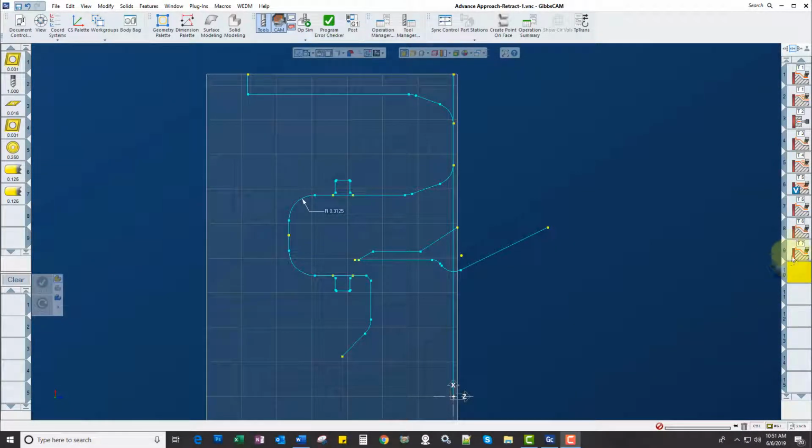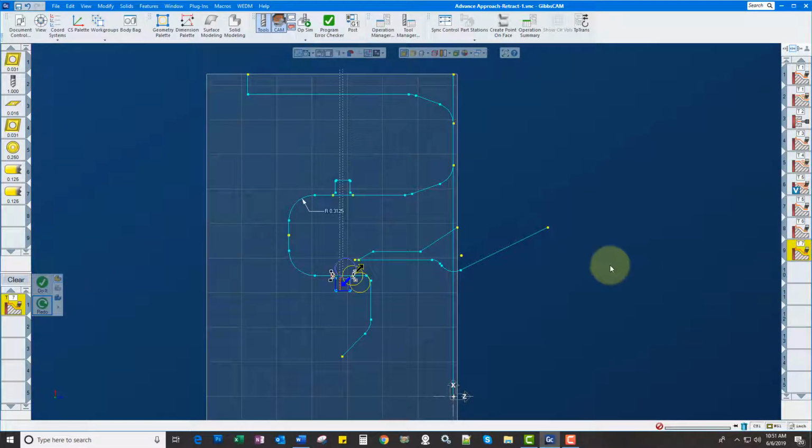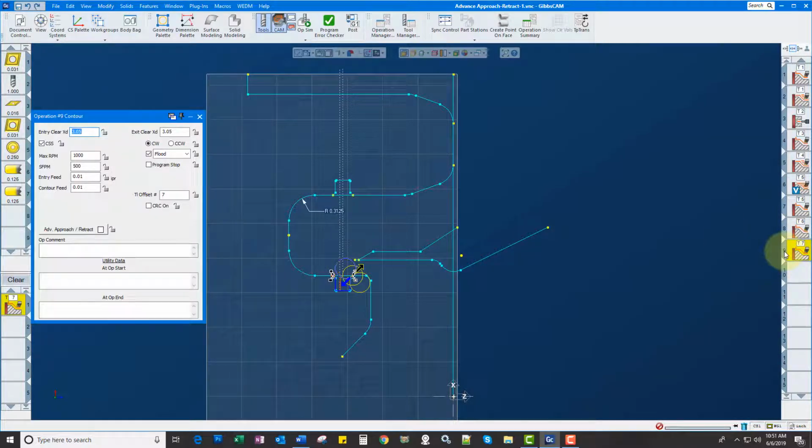Hi, check out one of the coolest new features in GibbsCAM version 13. It's called Custom Entry and Exit. So what I can do is if I double click on the number next to the op or right click,